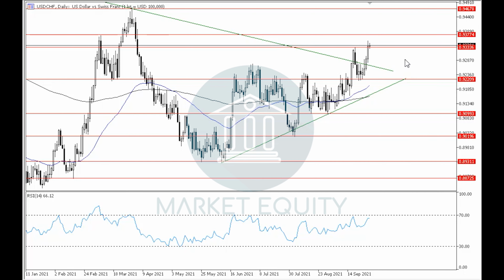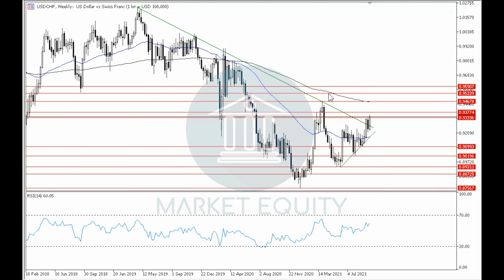Another thing to note is that the pair recently broke upwards through the downtrend line that it has formed previously, whether it was on the daily time frame or the weekly time frame, and is currently being traded around it, which by holding above it will further support the continuity of the uptrend in the daily time frame as well as the 4-hour time frame, and in the long term will have a primary target of around level 0.9675, which is, like we said, a primary target of breaking upwards through the previous downtrend line in the weekly time frame or the daily time frame.